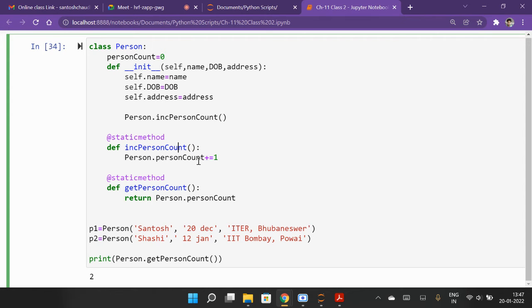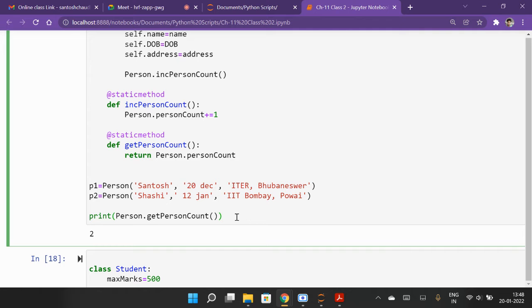So Person.person_count gets increased by 1. Here we have specified that we are defining a function that is a static method, and it does not require self, so here we have not taken self. That is a static method. And here we have defined another function, get person count, and we are returning Person.person_count. So if I run it,